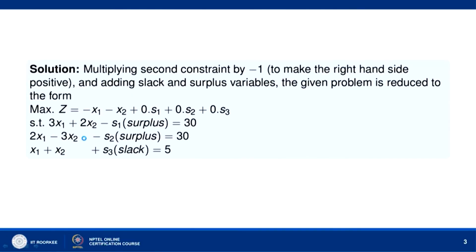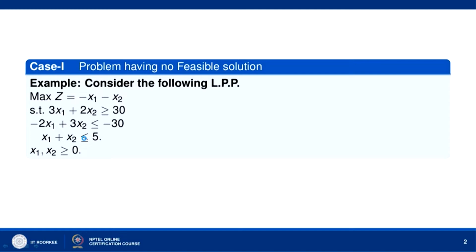So, let us consider the LPP: maximize z equal to minus x 1 minus x 2 such that 3 x 1 plus 2 x 2 greater than or equal to 30, minus 2 x 1 plus 3 x 2 less than or equal to minus 30, x 1 plus x 2 less than or equal to 5, and x 1, x 2 are non-negative. Now, in order to make the right hand side of the second constraint positive, here it is minus 30, we multiply this